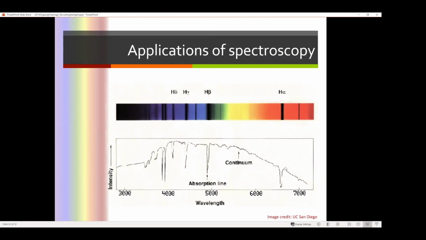This curve, for those of you who remember your physics, is a black body curve. So a black body is an object that can absorb all wavelengths and emit all wavelengths. It's not going to absorb and emit the same amount of each wavelength. Which wavelength it peaks at, which one it is emitting the most of, is a function of temperature. So this is how we figure out temperature. You look at the overall curve, and you look at where it is the strongest. This particular star being strongest in the blue here,